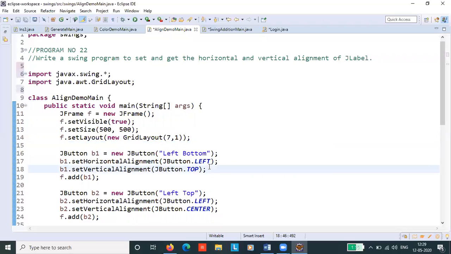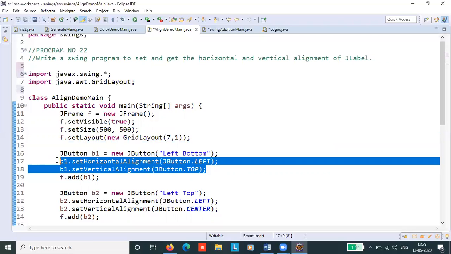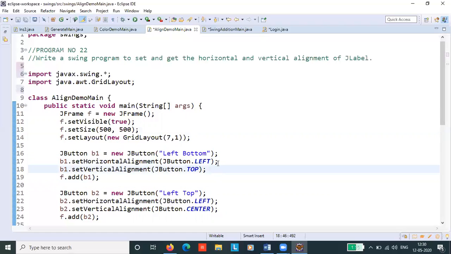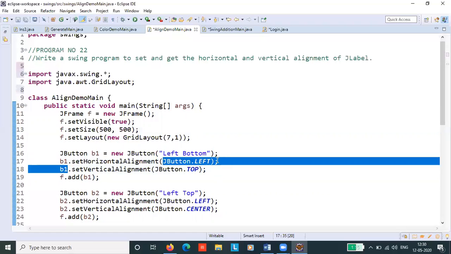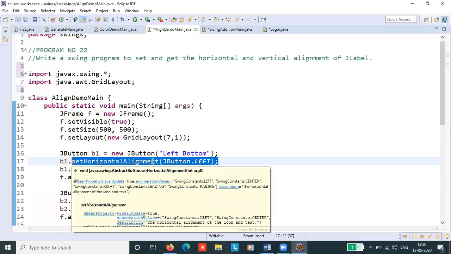So we have these methods called setHorizontalAlignment and setVerticalAlignment. With the help of these, we can demonstrate the problem statement. Now look at this.